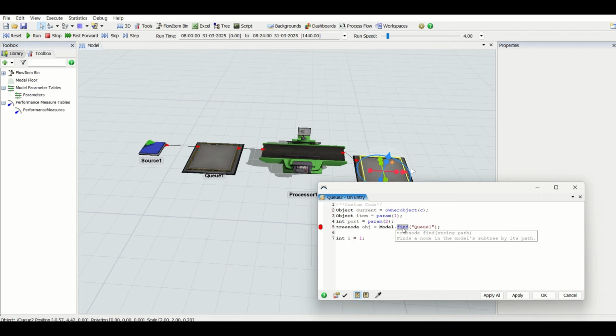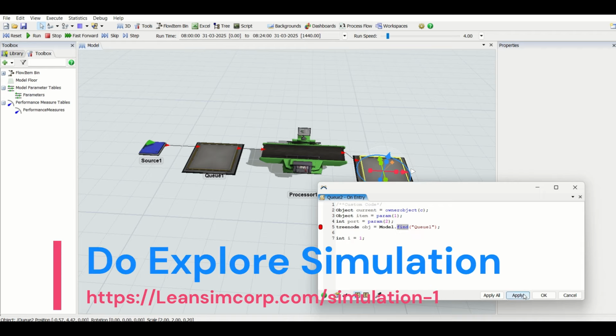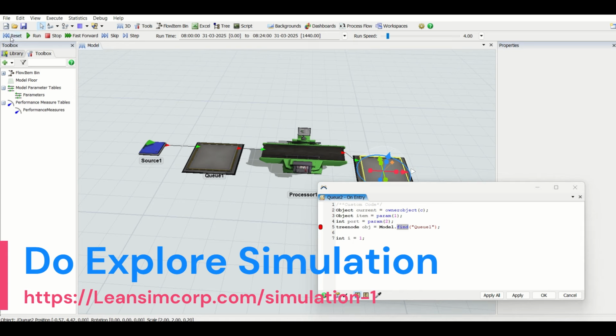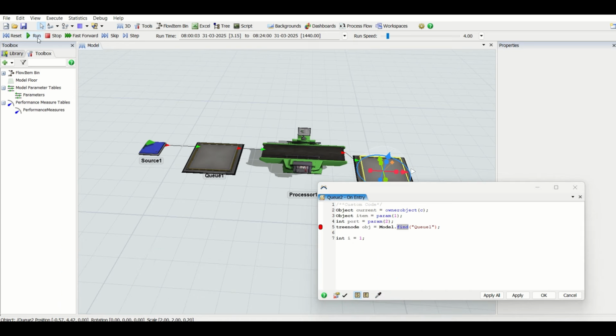Then we'll understand about static properties. Now when I apply this, and when I reset and run it now, okay,